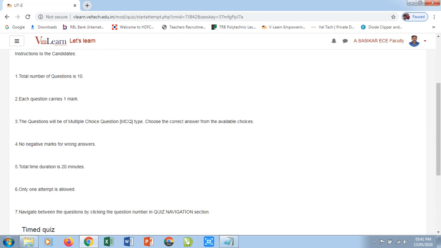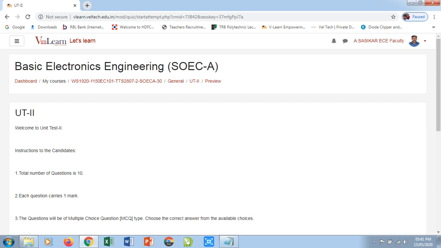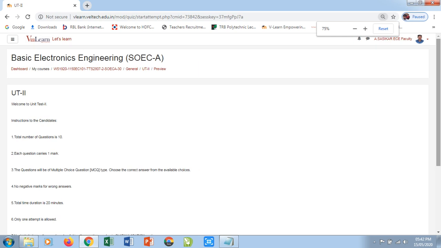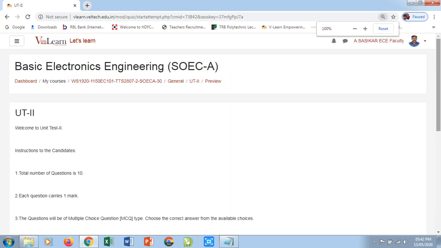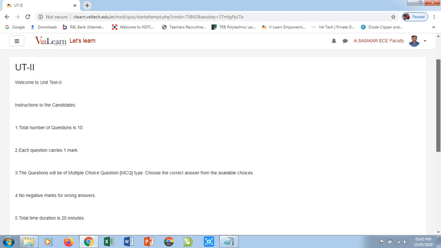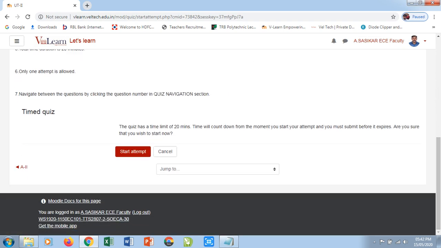So after clicking the preview button, you will be displayed with this page. You just scroll down to the bottom. Here we have a hint, it's a timed quiz, and the quiz has a time limit of 20 minutes, and just go through these things. Then you can press the start attempt button.